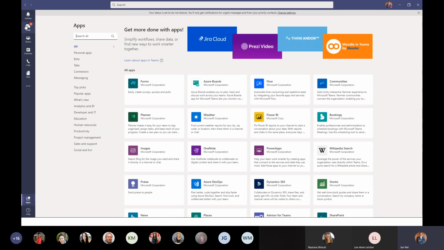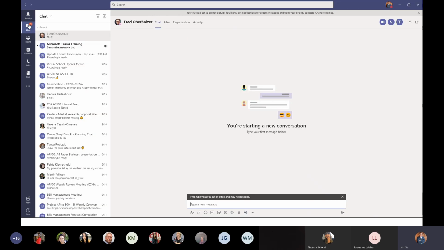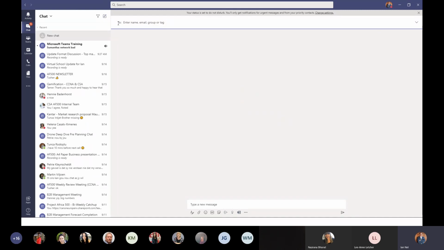So if we start off with chats, let's quickly have a look at your chats. Firstly, if you look at the top here, you'll see there are two options. You've got contacts and you've got chats. If I wanted to just chat, I can just click on the chat button. I can say